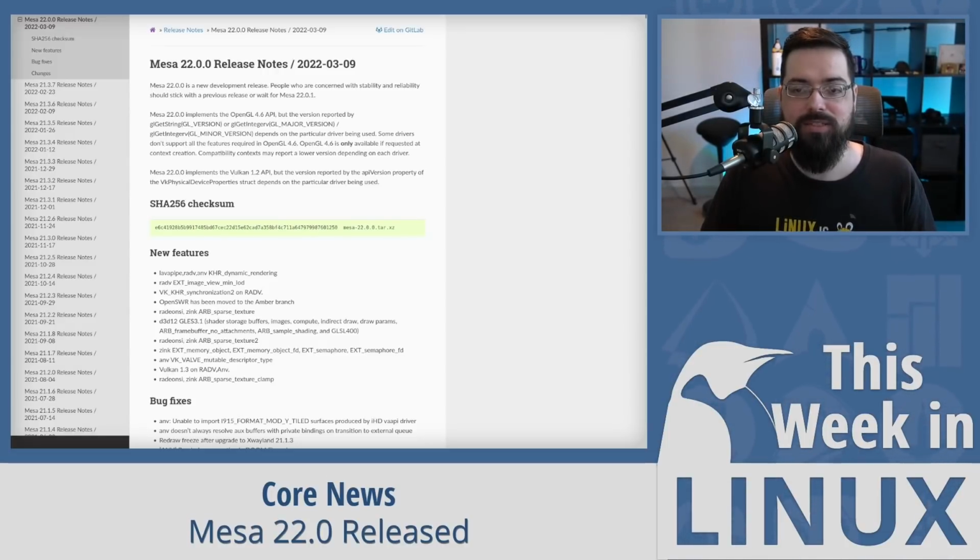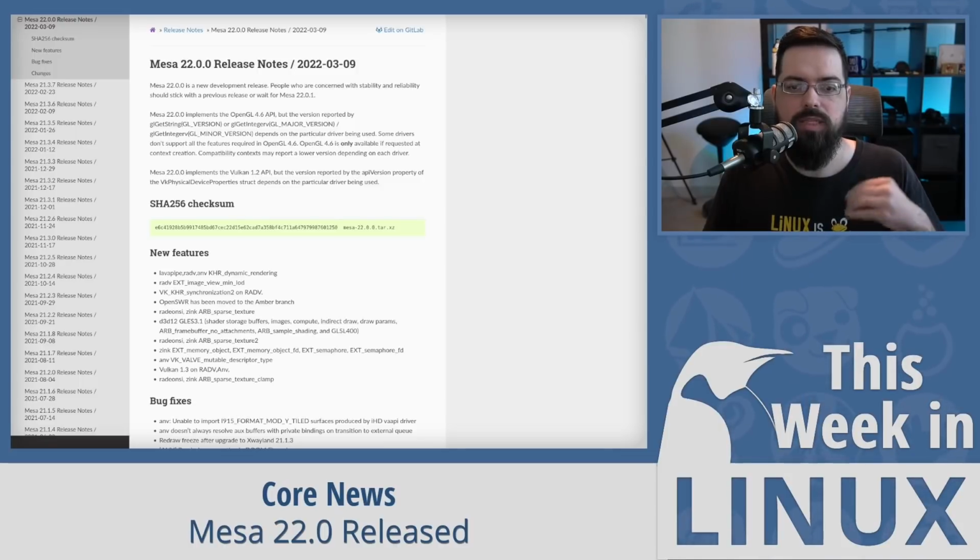The highlights of Mesa 22.0 include Vulkan 1.3 being in place for both the Radeon RADV and Intel ANV Vulkan drivers. Various extensions required by Vulkan 1.3 were added earlier this cycle, including dynamic rendering and others, but this has full support for Vulkan 1.3. Also, Intel Alder Lake support is in place, along with starting the Raptor Lake support. And there is also new but currently disabled DG2 Alchemist code, so it's being put in there so that it can be turned on when necessary.